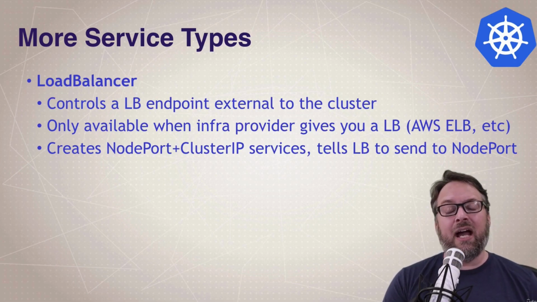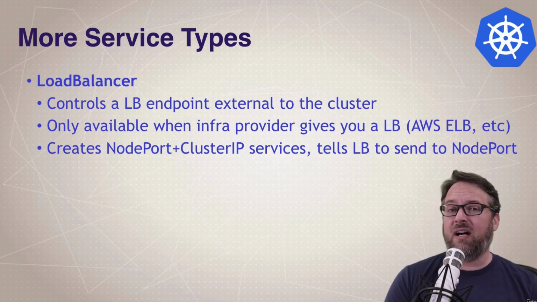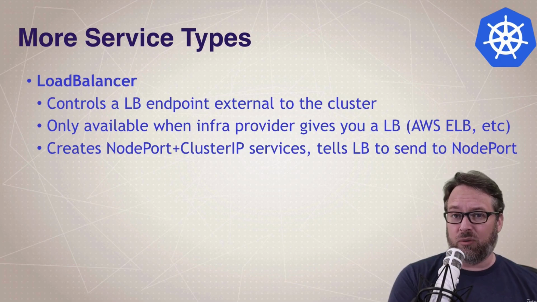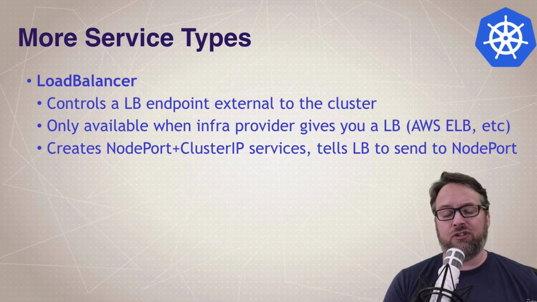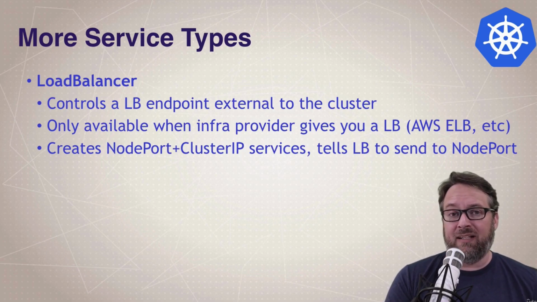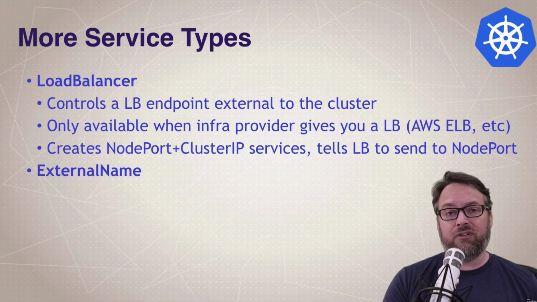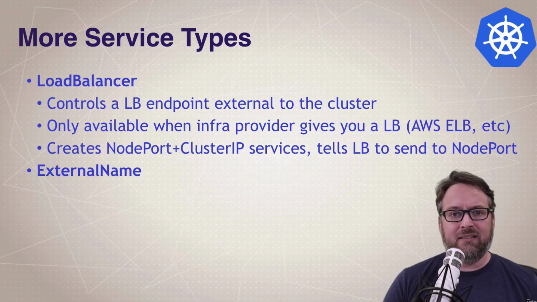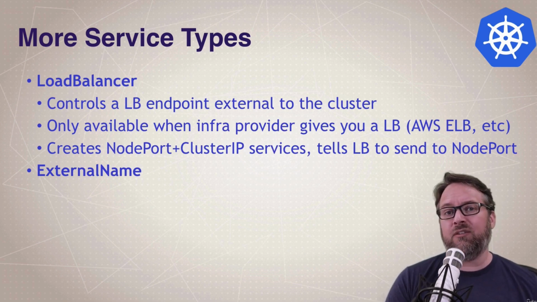So the two takeaways I have for this one are to think about it as this is only for traffic coming into your cluster from an external source, and it requires an infrastructure provider that gives Kubernetes the ability to talk to it remotely. And the last of the 4 service types is external name. Now, this is used less often, and it doesn't really have anything to do with controlling inbound traffic to your services. This is more about